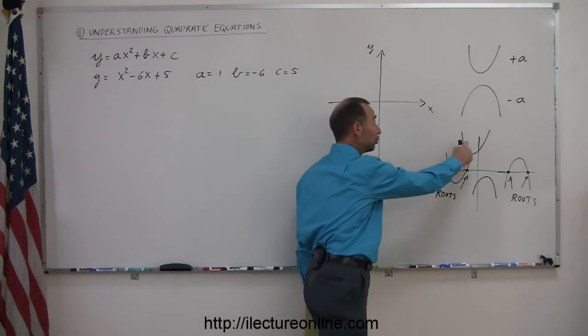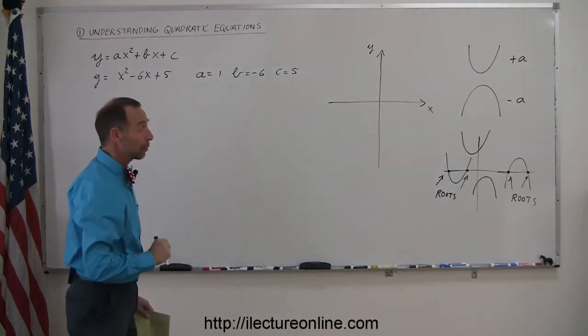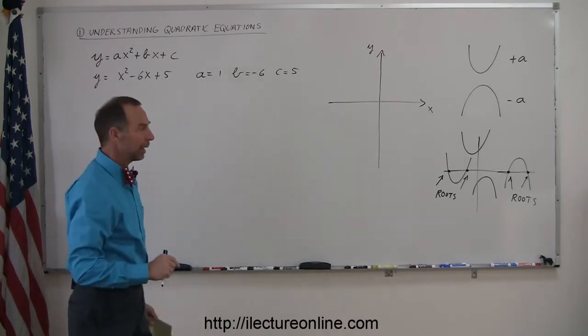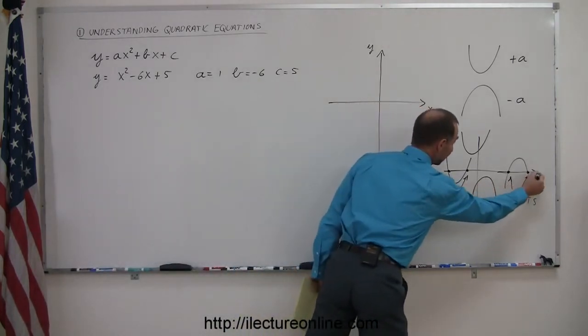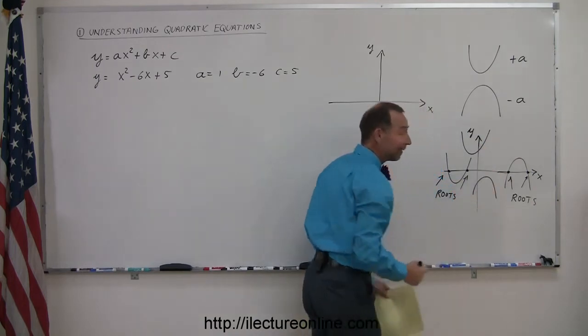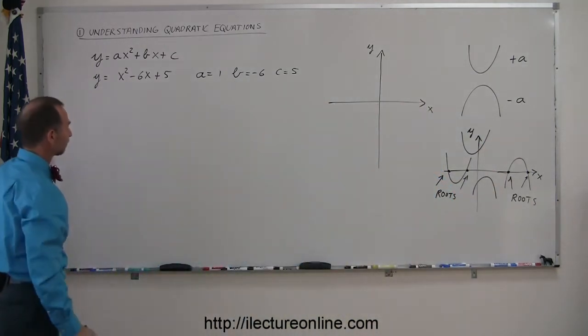Notice that these two do not have roots. So sometimes when they ask you to solve a quadratic equation, they're basically asking you to find the roots of the parabola. And of course, if the parabola does not cross the x-axis, like in this case or in this case, then there's no solution. There are no roots to the quadratic equation. All right,